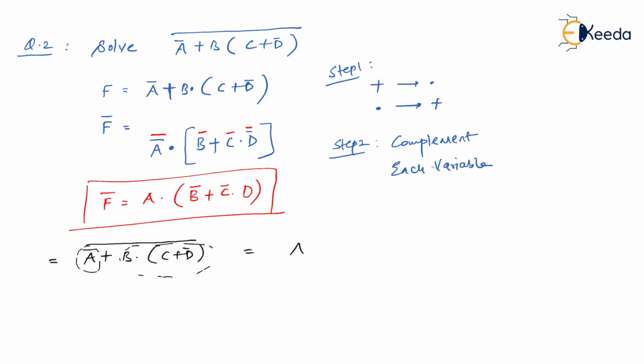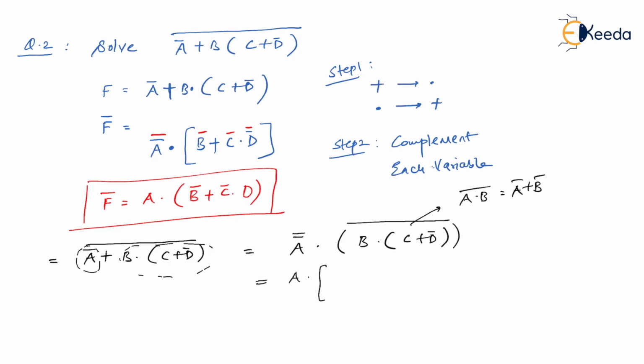So I can rewrite this as A double bar multiplied by B into bracket C plus D bar and the whole bar, isn't it? Next, double bar cancel each other, so it is going to remain A only in the bracket. Now try to understand, this is as good as A dot B whole bar is A bar plus B bar, am I right? So what I can write now, it is B bar plus C plus D bar whole bar. I hope you understood this.